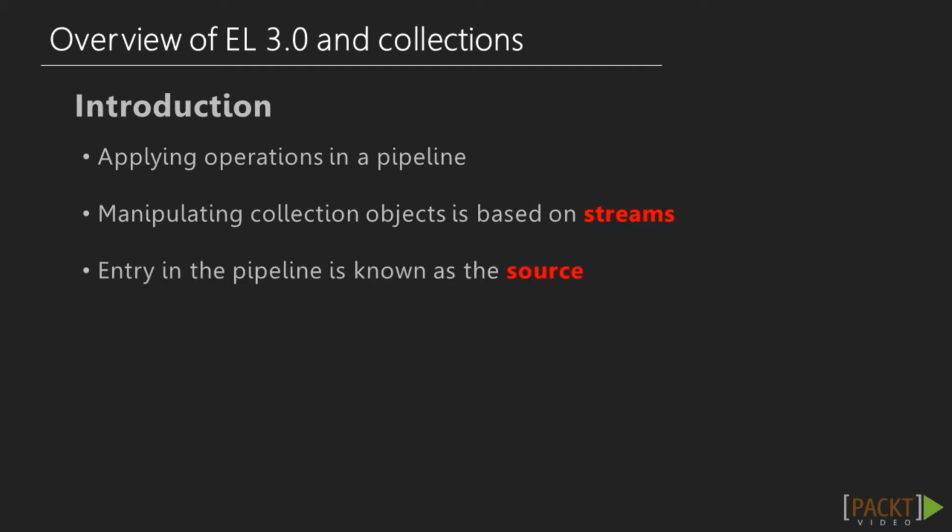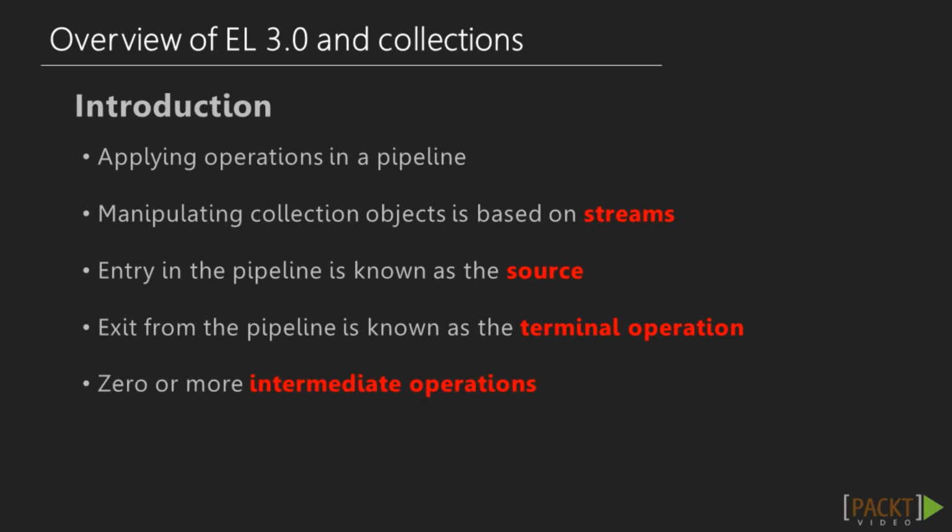The entry in the pipeline is known as the source, and the exit from the pipeline is known as the terminal operation, which doesn't return a stream. Between the source and the terminal operation, we may have 0 or more intermediate operations, and all of them return streams. The pipeline execution begins when the terminal